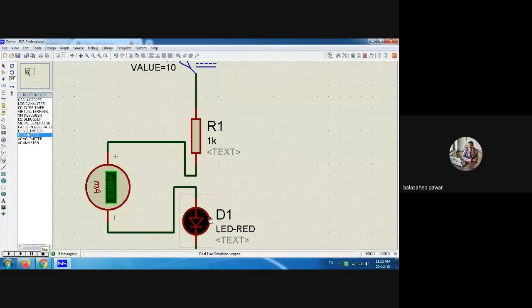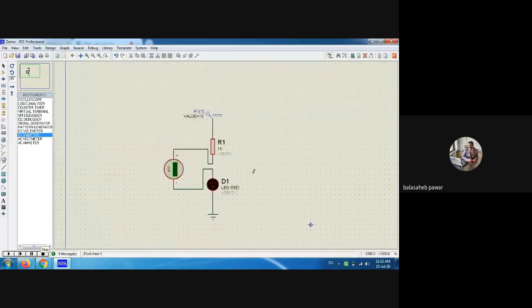Now we will go on to check the voltage drop across this LED. During calculation, we took it as 2.2 volts. In actual practice, how much is it, that we will observe. Again, from the virtual instrument mode, the DC voltmeter is available. If you want, you can rotate it. I will rotate it like this, and place it across this LED like this.